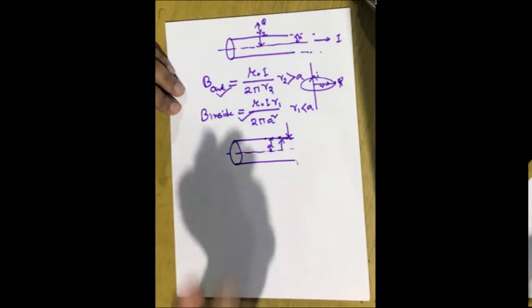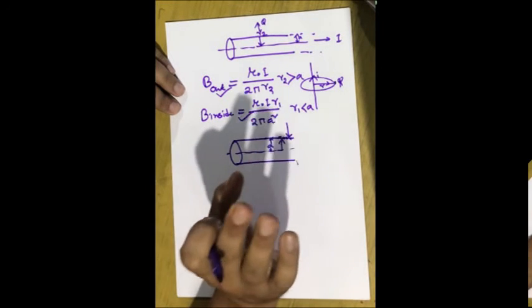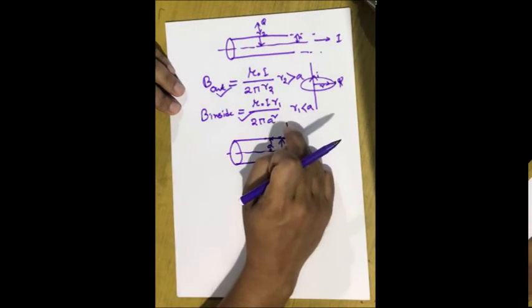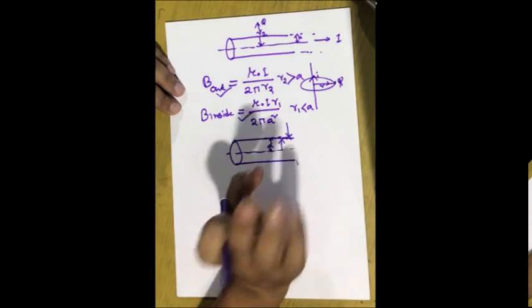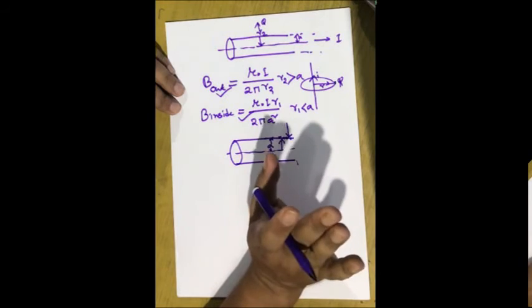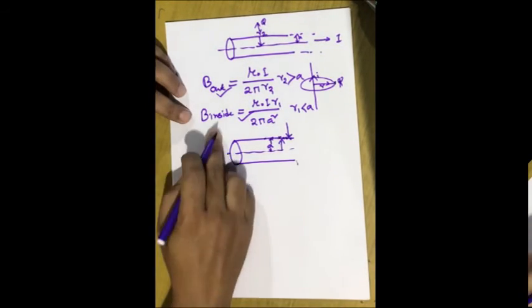You have to know it, because if we approach the surface from inside, we should get the same value as while approaching the surface from the outside. If these two values are similar, then we know that our calculation is right, otherwise we have to do it again. So now first let's approach from inside.